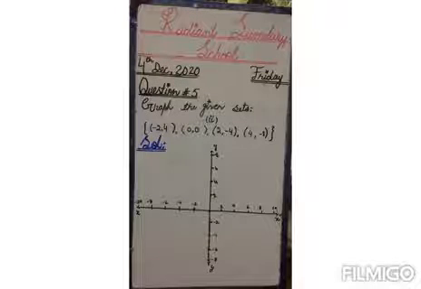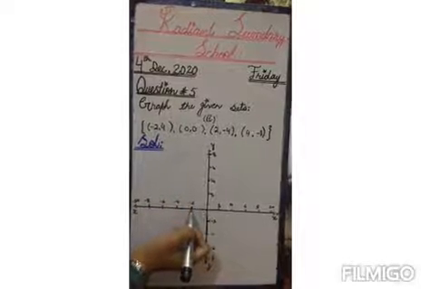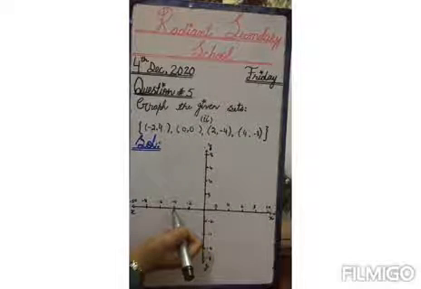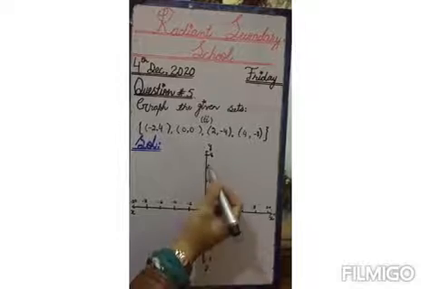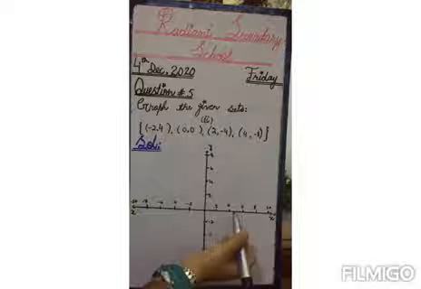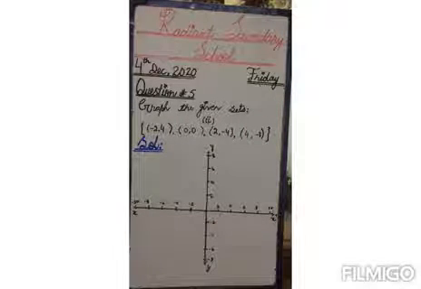So class, similarly in the second part we have to draw these points, but we have to take a distance of 2 from this point. That means this line will represent 2 and the next line will also represent 2, which means it will be -4, which also means that this will be the same on the x-axis and on the y-axis. 2, 4, 6, 8 and 10 will be the values here. Let's start putting the values on the axis.